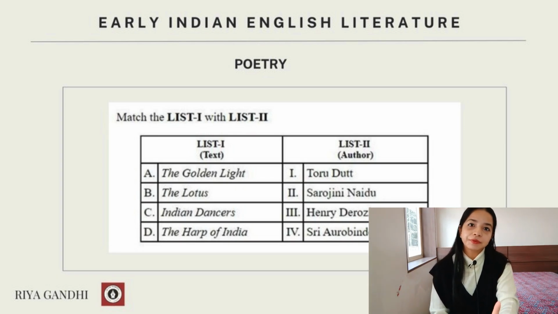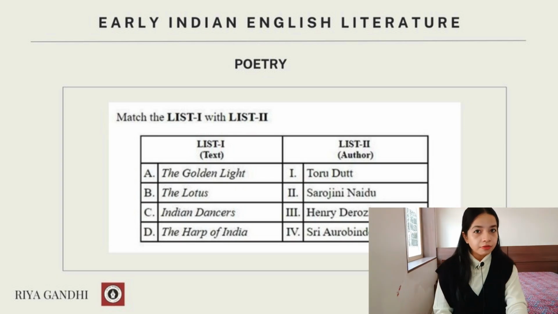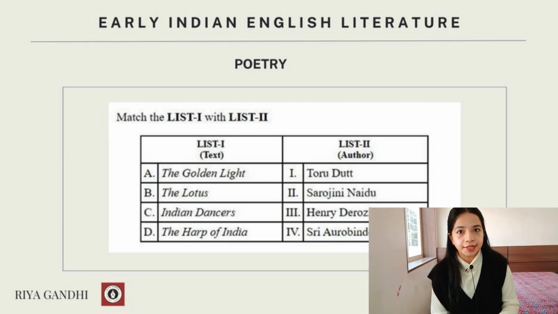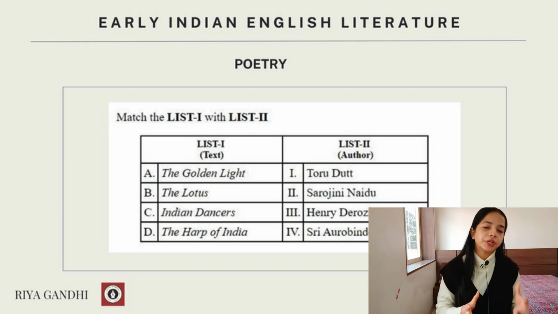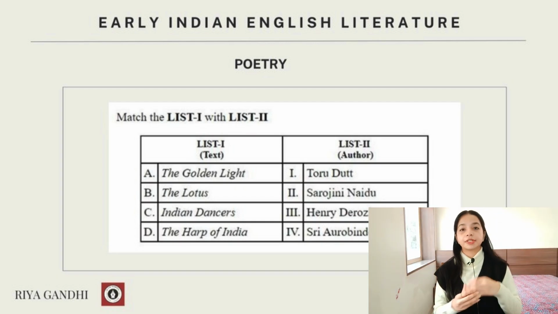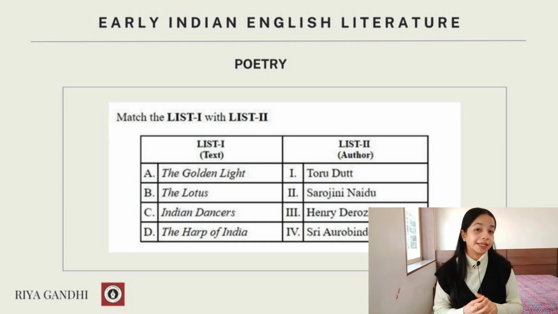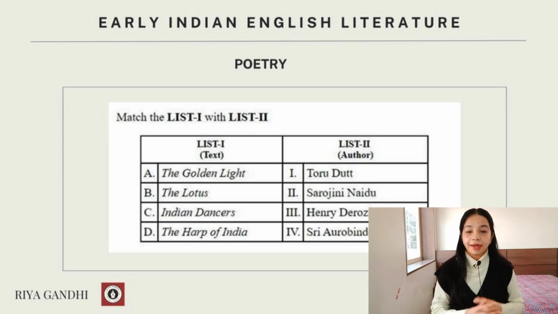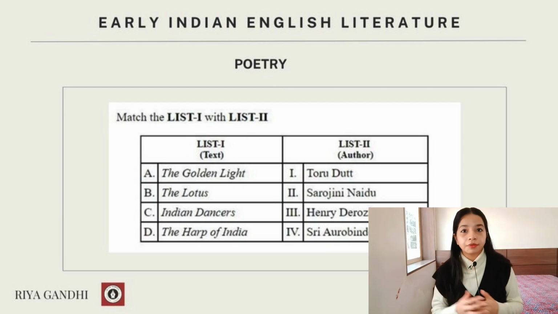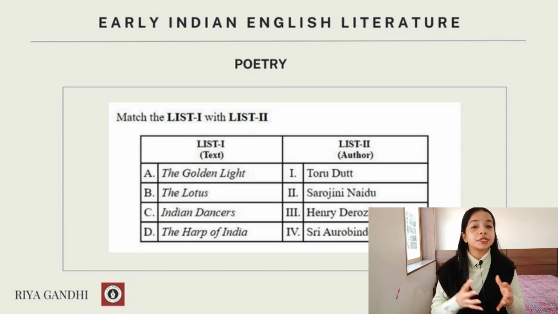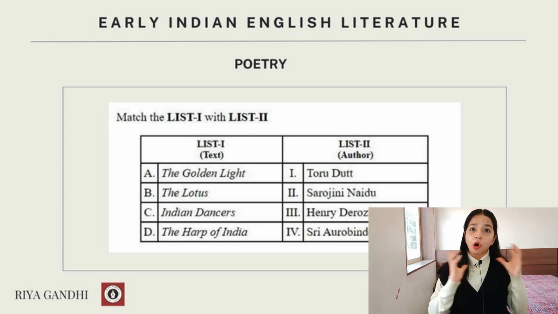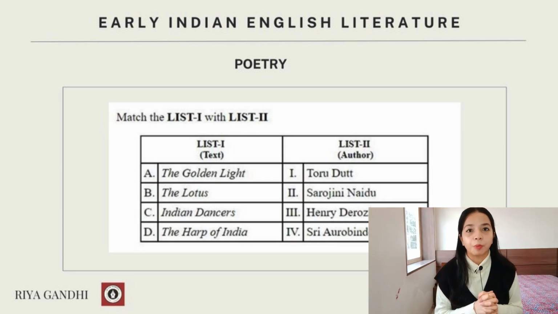So as you can see over here, when it comes to fiction and non-fiction, prioritize Indian independence and post-independence literature. But when it comes to poetry, you do not only have to focus on the post-independence Indian English poets, but also on early Indian English poetry. And within that, writers and poets like Toru Dutt, Henry Vivian Derozio, Michael Madhusudan Dutt, Sarojini Naidu, Sri Aurobindo, and obviously Rabindranath Tagore, all of these become extremely important.